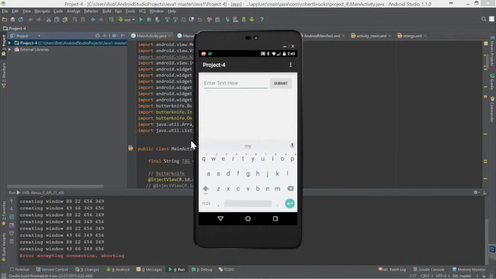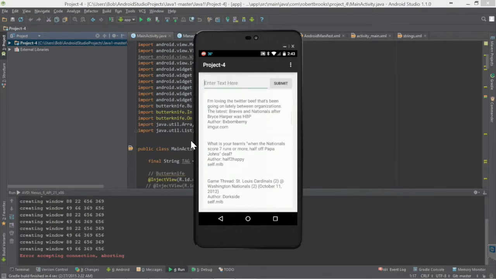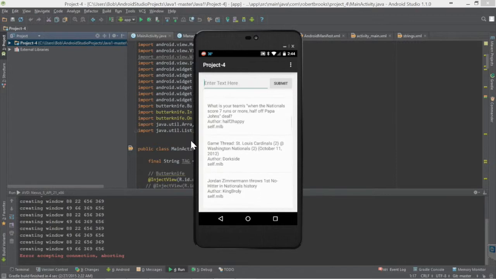It's an application that pulls its Major League Baseball news from Reddit, and the user can search just like this, submit, and the results from that query from Reddit are shown in a list view here. The three points of data that are shown are the title of the article or blog, the author right below it, and on the third line is the domain where it was published or